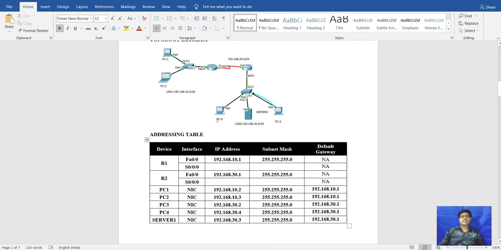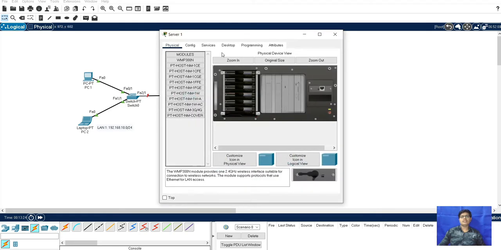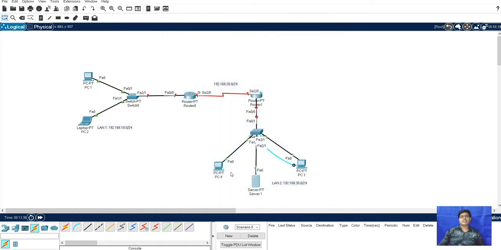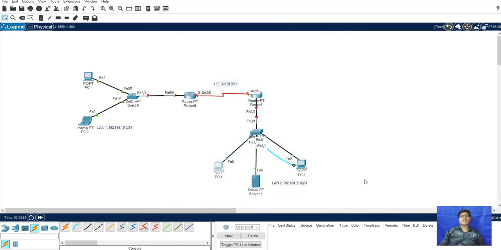So here for the server is 3 and PC is 4. We will go in server desktop IP configuration: 192.168.30.3. Gateway is 192.168.30.1. Here PC4 desktop IP configuration: 192.168.30.4, gateway 192.168.30.1. Okay, so we gave all the IP addresses to the PCs.